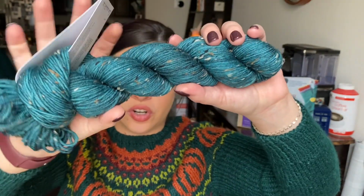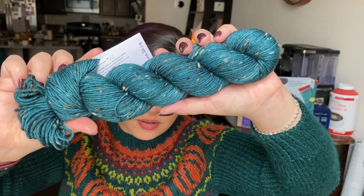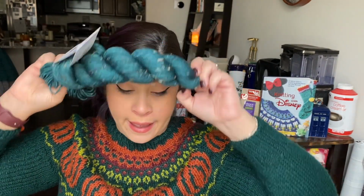And this is Spruce It Up. It's just such a good green. I could eat up a whole sweater quantity of this. Oh my gosh. Spruce It Up. It's so good. 1 hat, 2 scarf, 3 sweater. I would just nom nom nom nom nom. So good. But I think I might make a brioche bandana cowl for Patrick and I to share